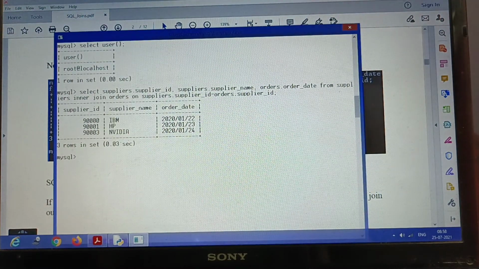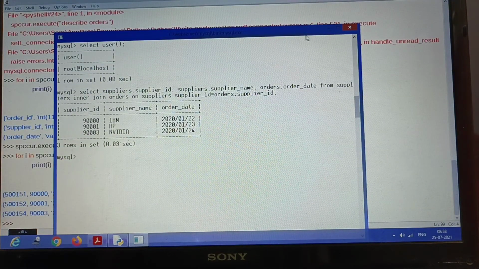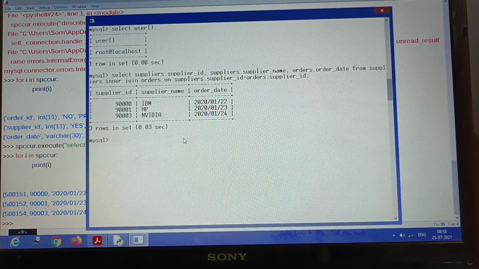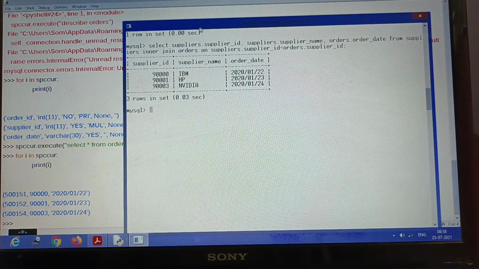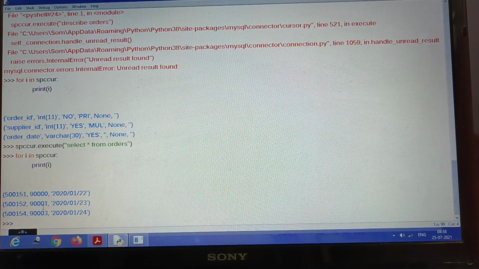Once this join command is working in MySQL, we'll try to execute the same command in Python also. But we need to give the command again like this.